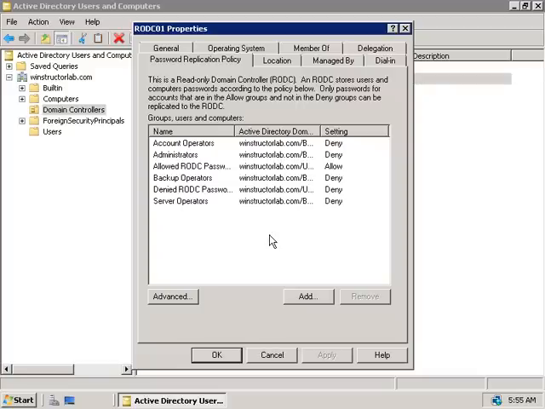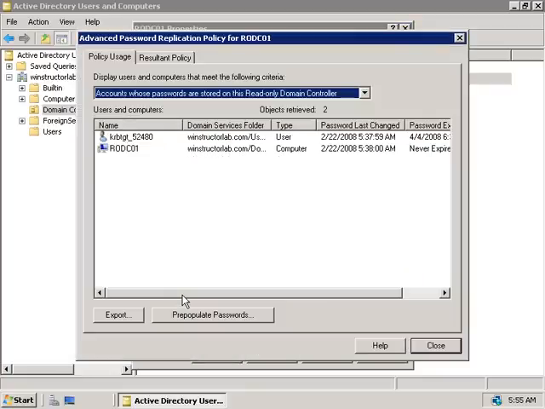Now in here, you can see the default groups that are either allowed to have their password replicated or denied from having their passwords replicated, and we saw this during the installation of our read-only domain controller. And down the bottom, over here, you can see that we can add or remove groups. But if we click on the Advanced button, we're able to view the accounts that are being stored on the